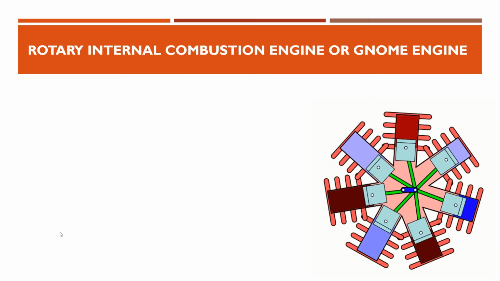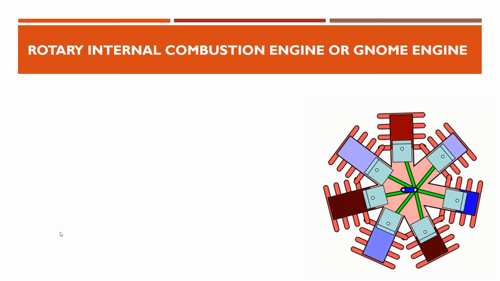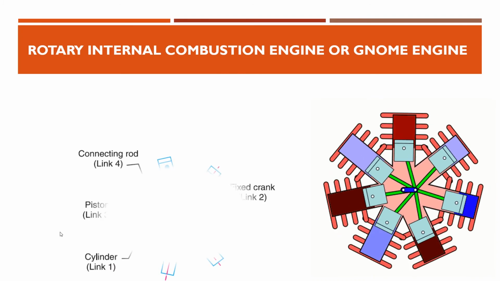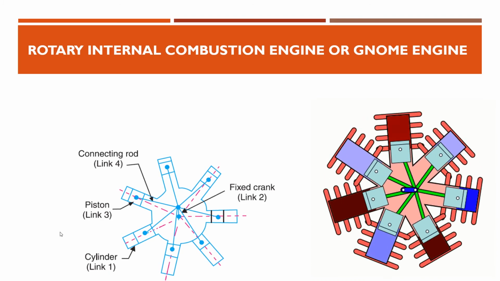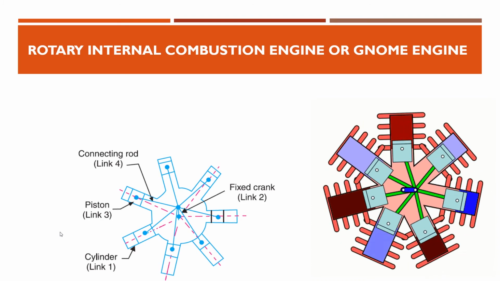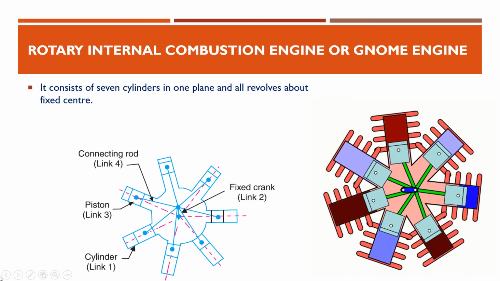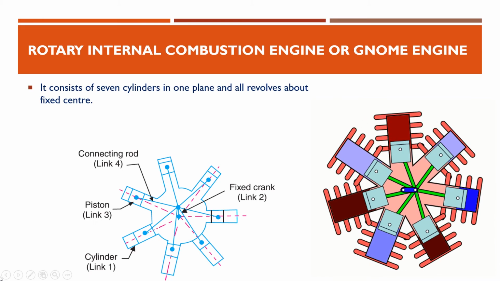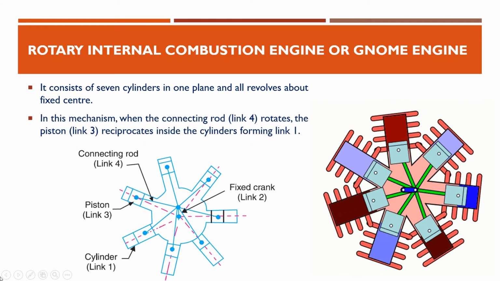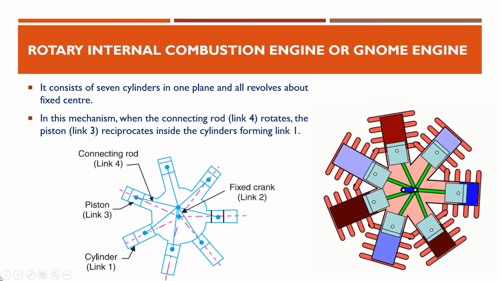And the third one is the rotary internal combustion engine or GNOM engine. In a rotary internal combustion engine or GNOM engine, there are 7 cylinders. It consists of 7 cylinders in one plane and all revolve about the fixed center. In this mechanism,